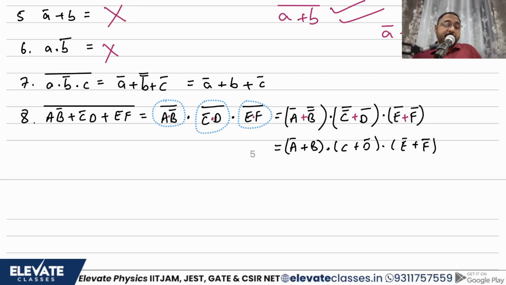Right? So I hope you've understood De Morgan's, right? It's very easy. Take the complement operator. If it's joined, break it. If it's broken, join it. Next, take the sign. If it's a dot, replace it with a plus. If it's a plus, replace it with a dot. De Morgan's is done, no matter how difficult it is.